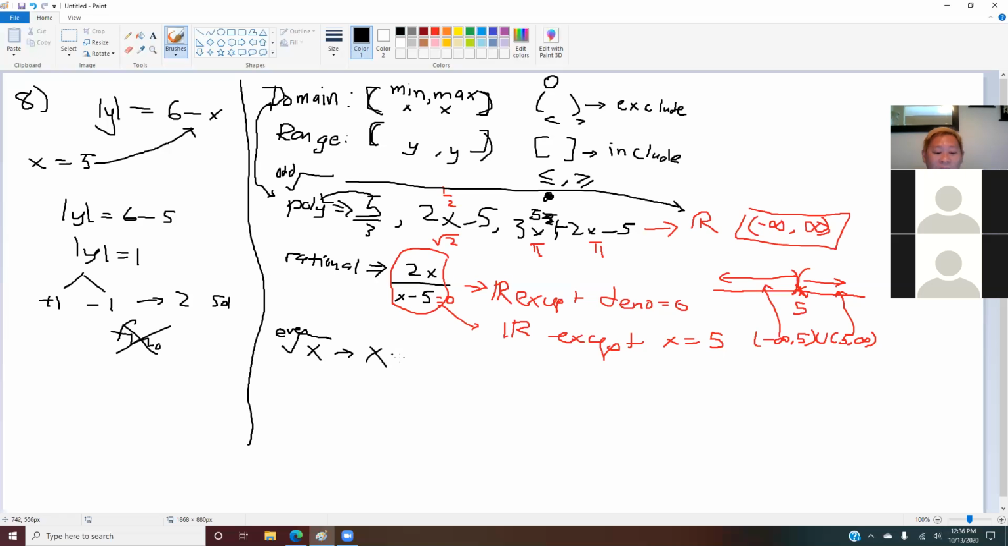So this means your X has to be greater than or equal to 0. The reason why is because for any square root, you cannot have negative numbers inside. So you can only have 0, because the square root of 0 is 0. Square root of 1 is still good, but you cannot have a negative number in that. This is no good. So that's the reason why your domain in this case is whatever is inside greater than